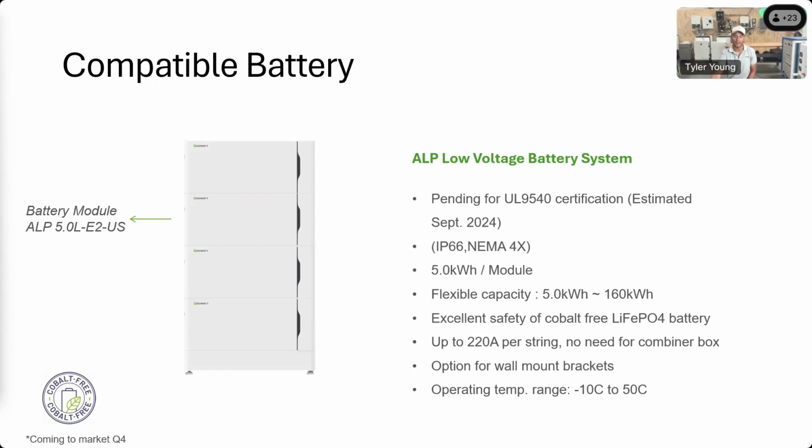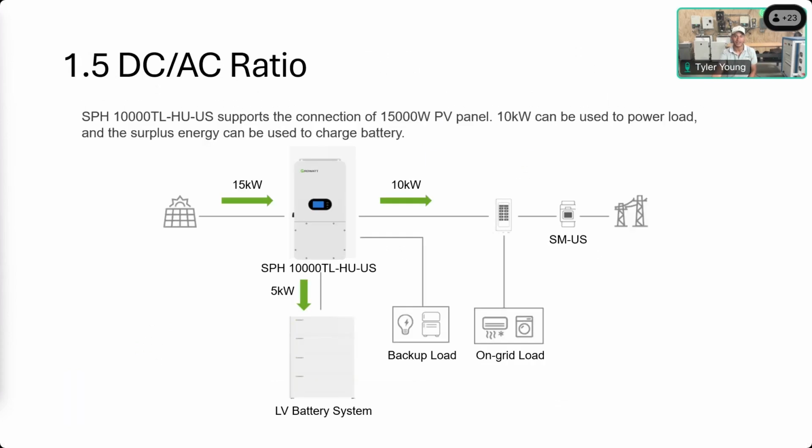5 kilowatts per module, very similar. And of course, when you're getting into CNI products, you're going to need a lot of backup. So up to 160 kilowatts with a single inverter, which is just amazing to see. And then on the next slide, it's got a 1.5 DC-AC ratio, which also comes in handy for those CNI